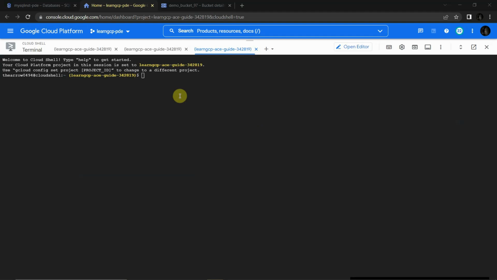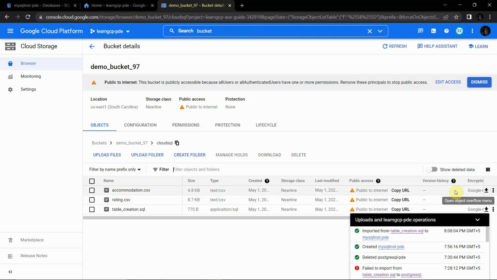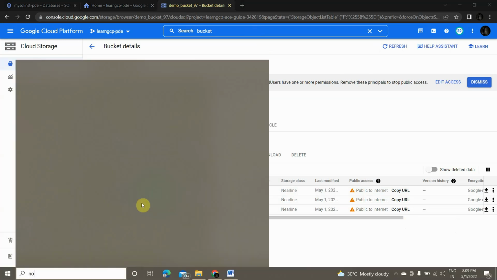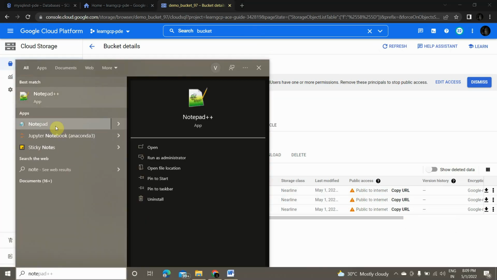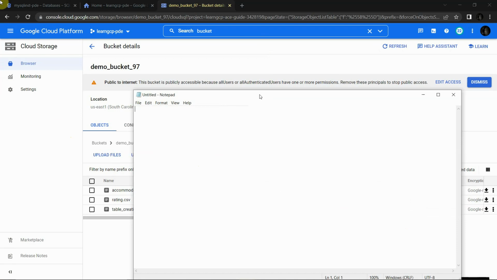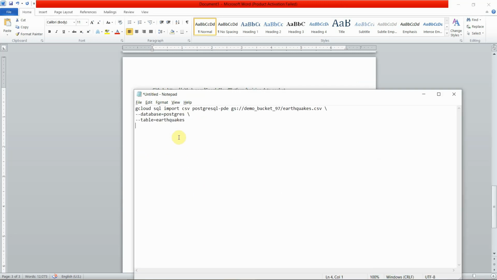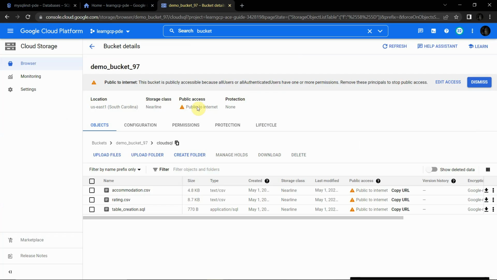I'll show you how to import those two packages, accommodation.csv and rating.csv. We'll see how to implement this from the gcloud command. To do that, we'll copy this file and paste it here: gcloud sql import csv. The SQL instance name is